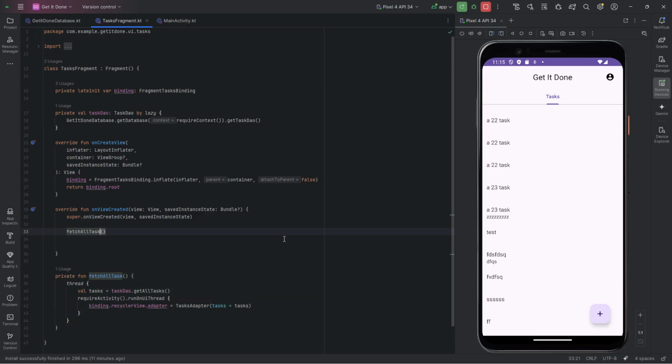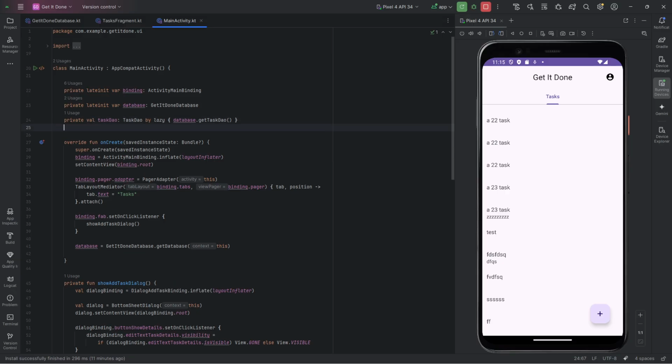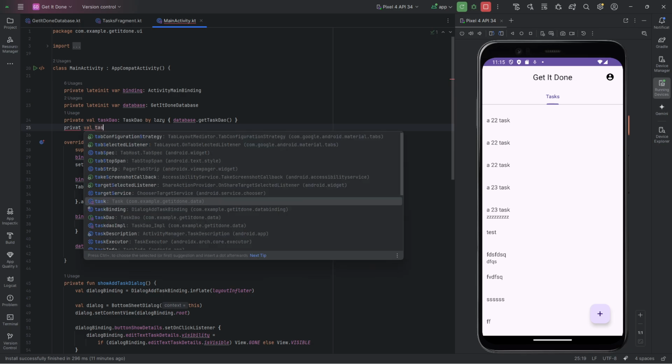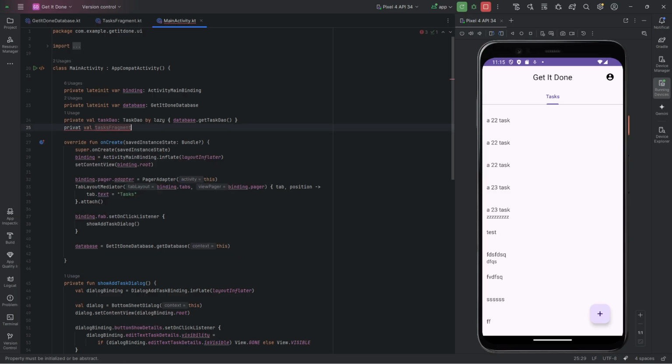So private val, our tasks fragment of type tasks fragment, and we'll go ahead and instantiate it right here, as until it gets attached in that pager adapter, it's just going to be an object. It won't be attached to anything. So we have our tasks fragment now as a class property. So I can scroll down and in the pager adapter just return the tasks fragment like that. And then in our show add task dialog,